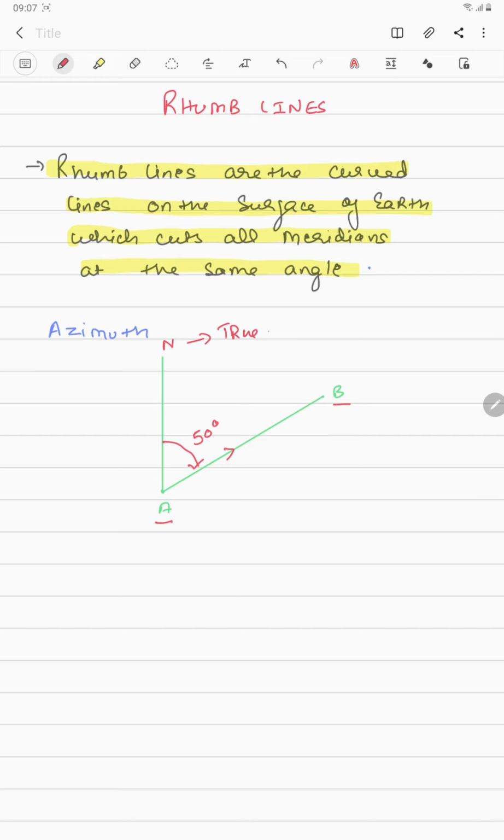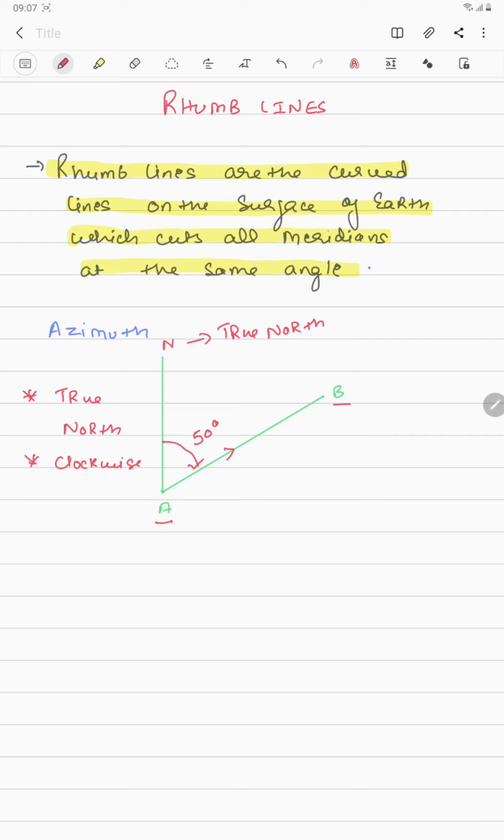This is your true north. Okay, so this is your azimuth. So azimuth is always, remember, 2 points. It is always from the true north, and the second point that you need to remember is that it is always clockwise. So we are taking the angle between the line joining the 2 points, which is your A and B, with the true north, and we are taking it clockwise.